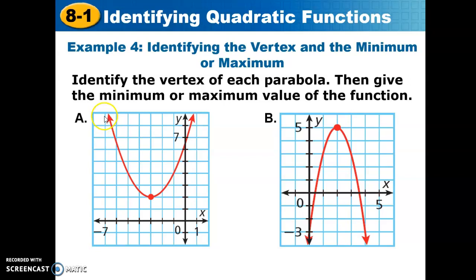Here we go. Identify the vertex of each parabola, then give the minimum or maximum value of the function. So this is a smiley face. Part A is a smiley face. That means we have a minimum, and our vertex is -3, 2, which means our minimum is 2. This one here is a frowny face, which gives us a